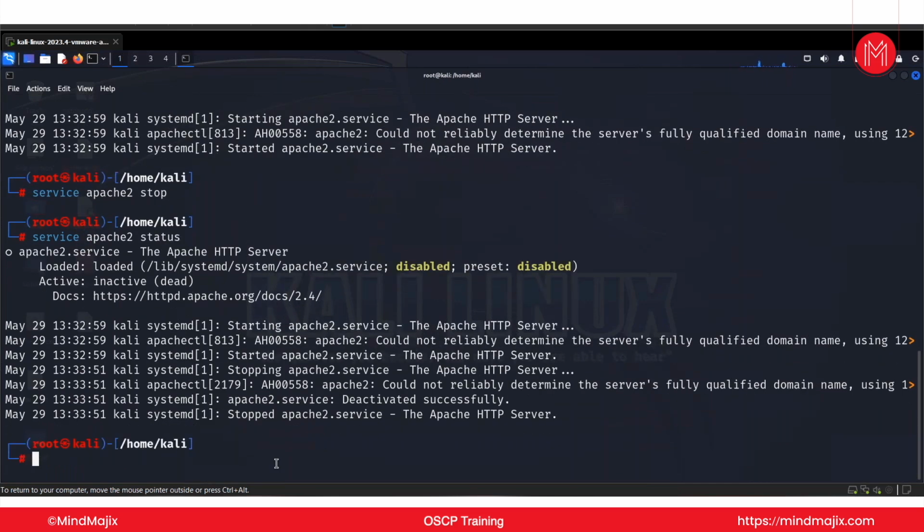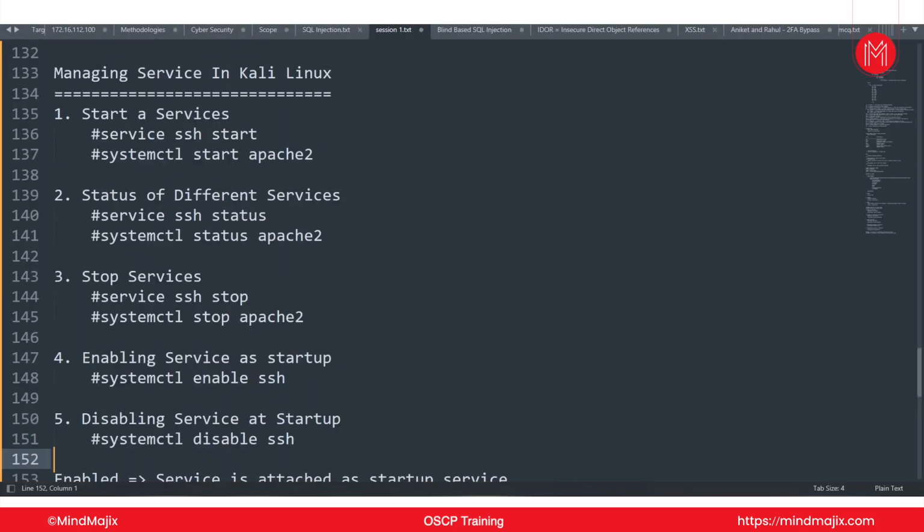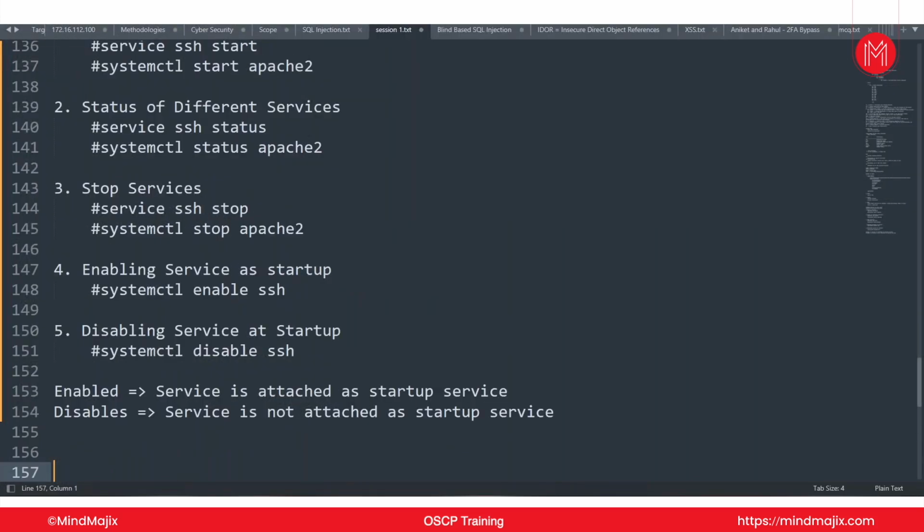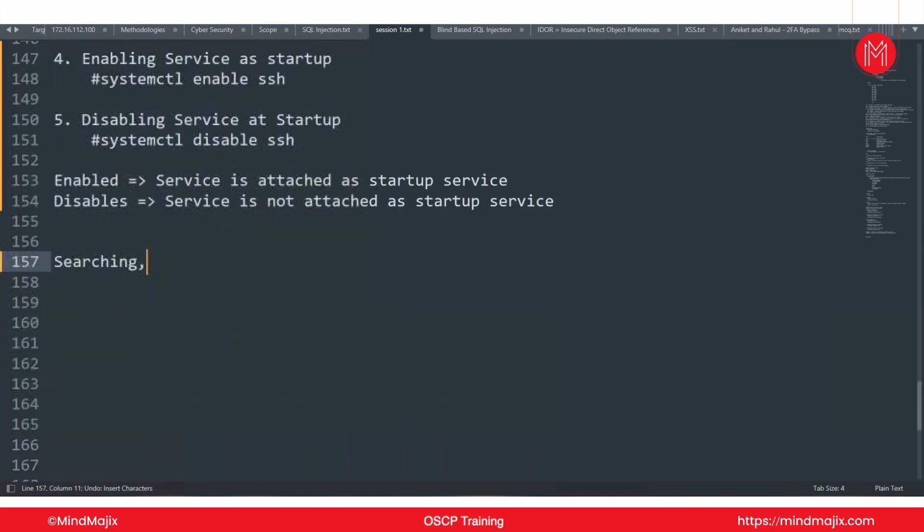So that's how you can check and manage any kind of services in Kali Linux. But we need to have the name of the package or the name of the service we want to enable or disable. Then we can go for searching, updating, installing, and removing tools